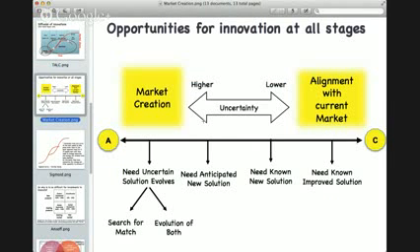And so I wanted to introduce this notion that on that continuum from market creation to alignment with the current environment, to trying to establish an improved solution to a known need, there are opportunities at every stage here. You don't necessarily have to be at this highly uncertain end of market creation. There are opportunities to be found at every stage along the spectrum, from A to C, from market creation to alignment with the current market. So I think that